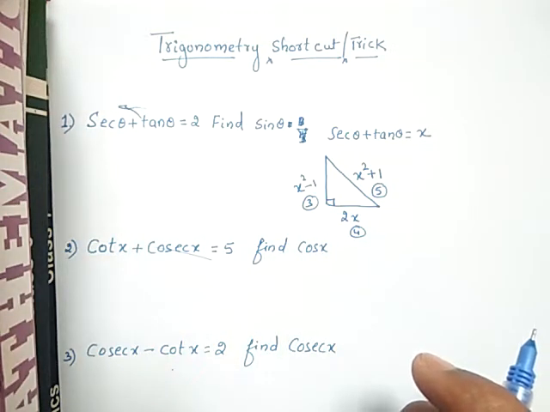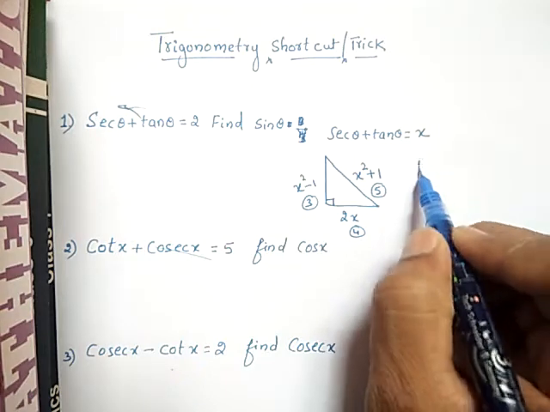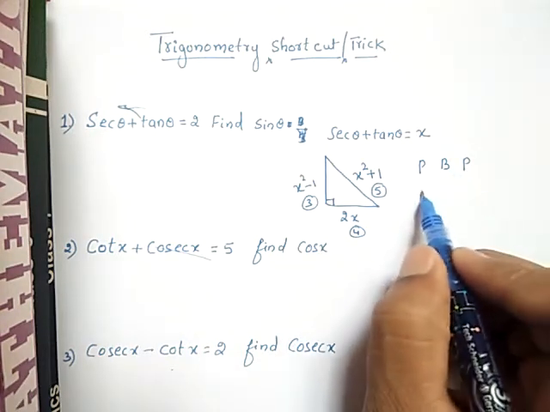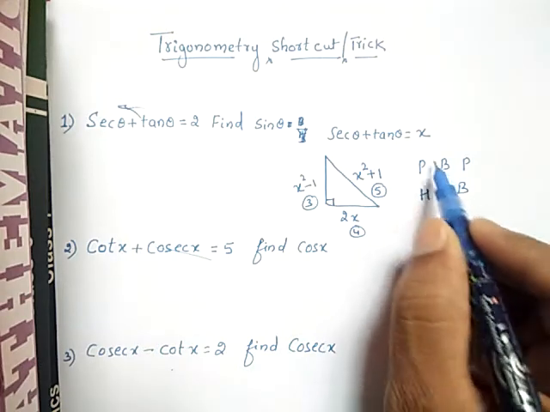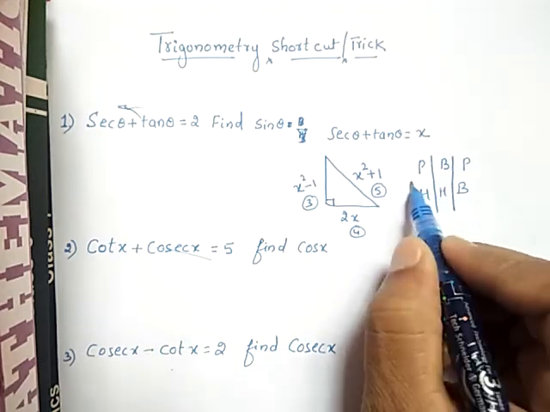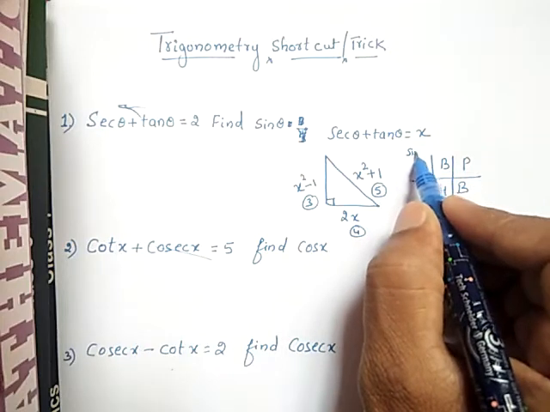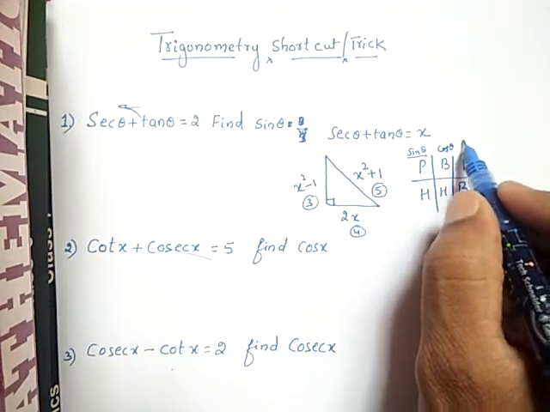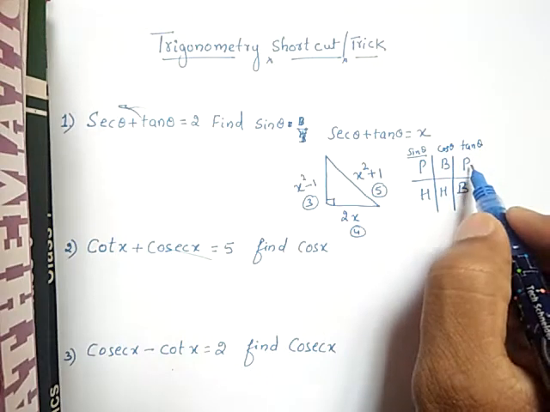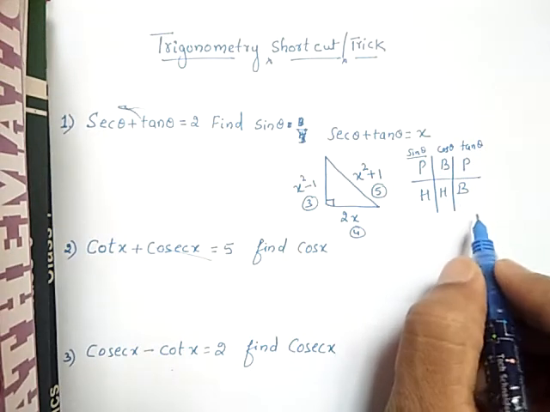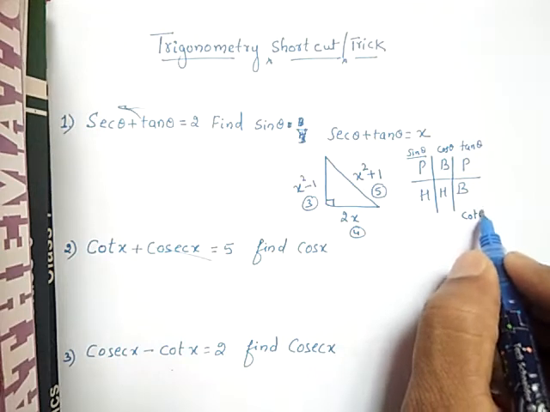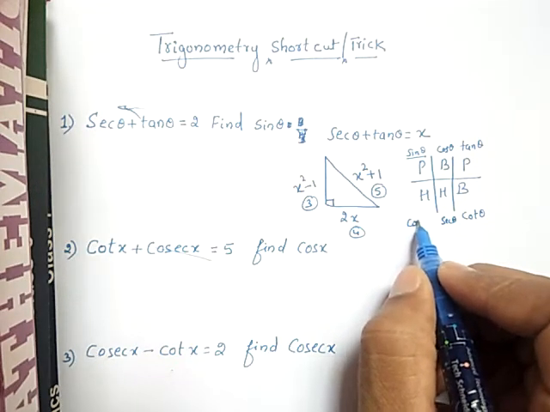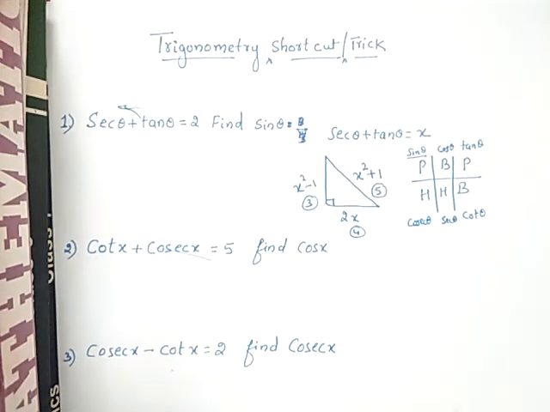Now how to find sin theta? You know Pandit Badri Prasad Hara Hara Bole. This is the short trick. By this trick you can say that this is sin theta. Sin theta is nothing but perpendicular by hypotenuse. This is your cos theta. This is your tan theta, that is perpendicular by base. This one is again cot theta, this one is sec theta and this one is cosec theta. The reciprocals you have studied already.